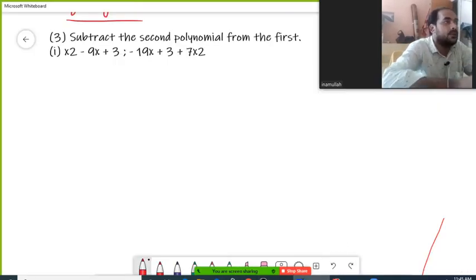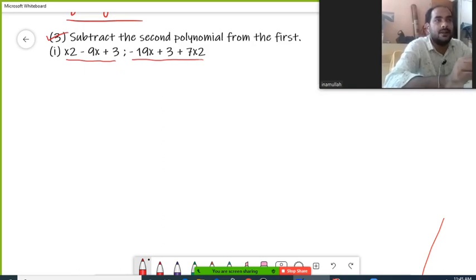This is your question number 3. Subtract the second polynomial from the first. This is your second polynomial and this is your first polynomial. I'll write these two polynomials in the proper way, and since we're going to subtract the second polynomial from the first, I'll write my first polynomial, then I'll take a minus sign, then I'll take my second polynomial. So you can write it as x square minus